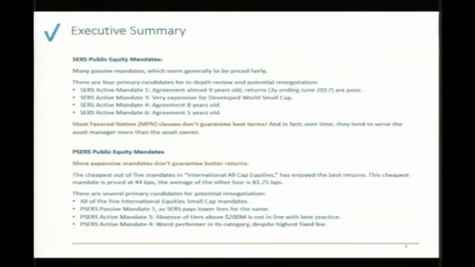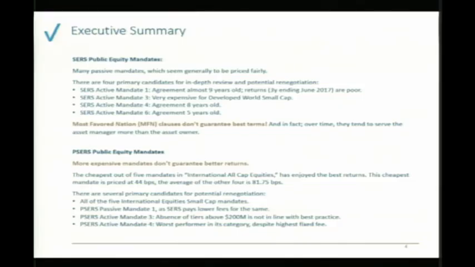And for PSIRS, we think that all the mandates in international equity small cap should be up for renegotiation, and we've identified 3 more mandates that we also think bear the potential to be renegotiated. One of them, funnily enough, is a mandate that SIRS has too, and despite that SIRS has a smaller investment with the very same manager and the very same mandate, SIRS pays lower fees than PSIRS. So we also think there is more opportunity for what is already been done by the plans to communicate with each other and bundle forces whenever that is opportunistic.